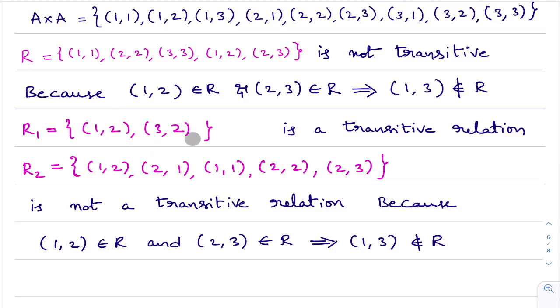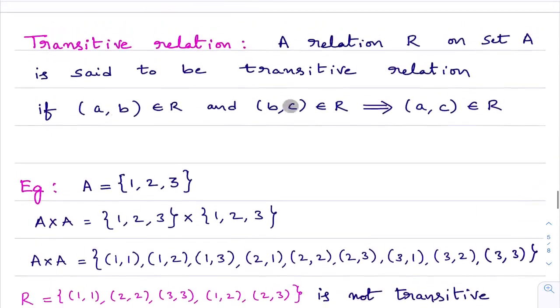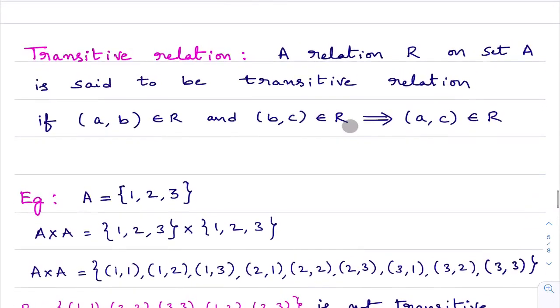Okay, no problem. Come to 3 comma 2. It ends with 2. Now you check whether any other ordered pair starts with 2. No other ordered pair starts with 2. So for this ordered pair also, A comma B is there, but B comma C is not there. That means we are unable to identify A comma B, B comma C in the given relation. Then how will we check for A comma C? In such a case, we say that this relation is a transitive relation.